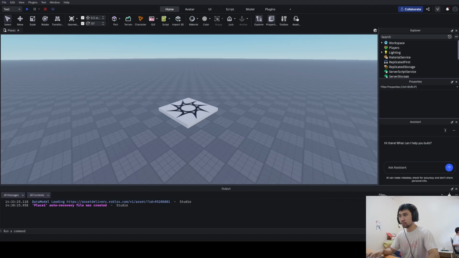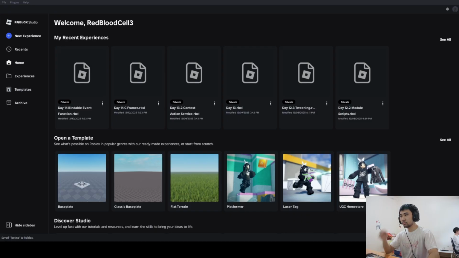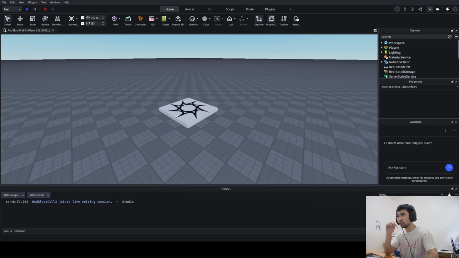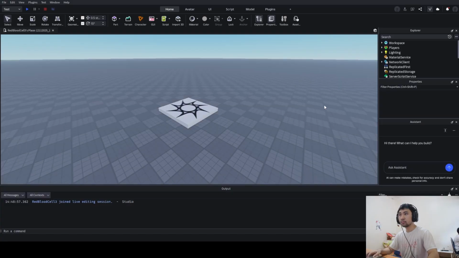And what should happen is now we're going to be thrown into a published game to work with a published game instead of a local file like we have been throughout this entire time we've been creating games. So now that we've done that, we can go up here. If we go to Home and then click on Game Settings, we have access to all of these different settings to modify